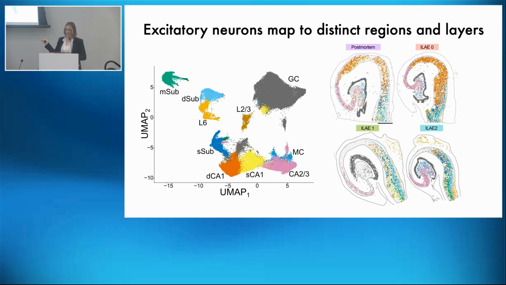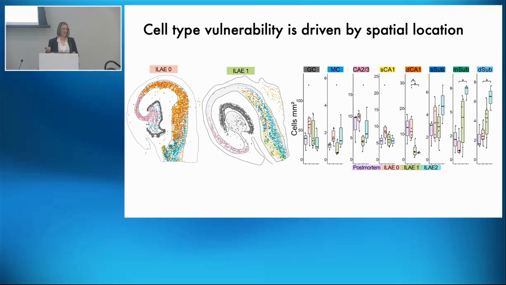For those who are missing ILAE 3, they are really rare. I only have 2 samples, so I haven't included them yet. But I wanted to give this a little bit more numbers. So I looked at the density of cells for each cell type within the samples, and want to highlight the difference between the 2 CA1 subclasses that I've identified. I found a significant decrease in deep CA1 cells versus superficial. In superficial CA1 cells, I did not see this decrease in samples with hippocampal sclerosis.